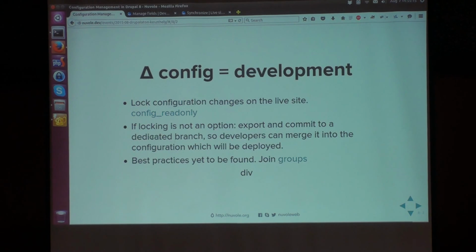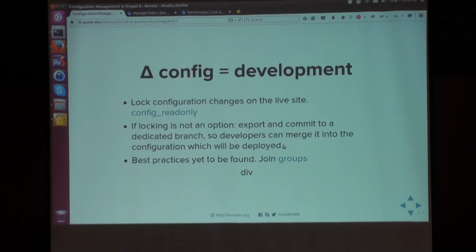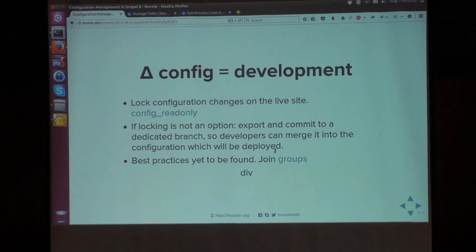There are different options for that. For example, if you cannot lock it, then you can automatically, instead of refusing to allow the form to be submitted, commit to Git to another branch, and then you have it in your workflow. And there's already a module that does that. People are crazy fast with this kind of thing. But yeah, it depends on your setup, and often I guess the customer needs to be able to change stuff, but